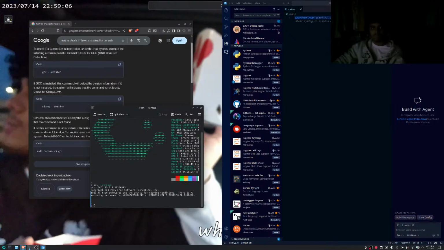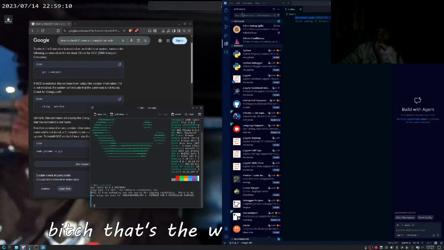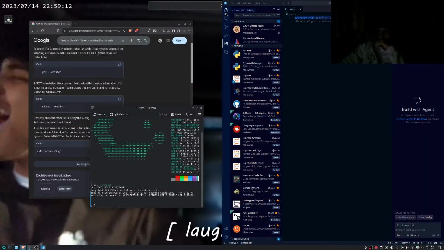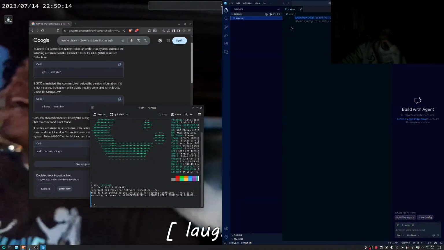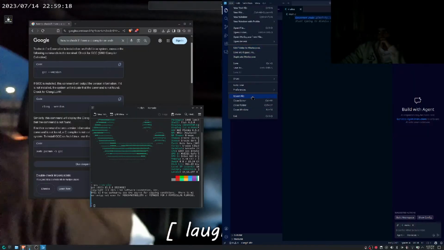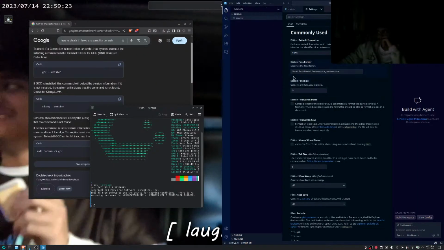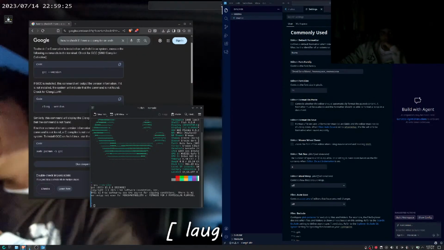For the CodeRunner extension, there's two settings I recommend enabling before we continue. Let's go to File, Preferences, Settings. We're going to look up CodeRunner. Check this checkbox of Clear Previous Output. That'll clear the output before